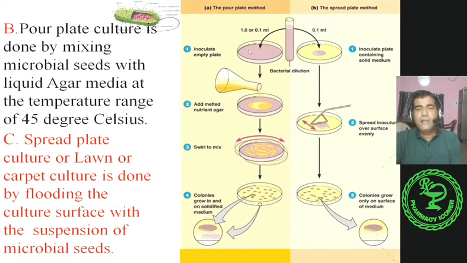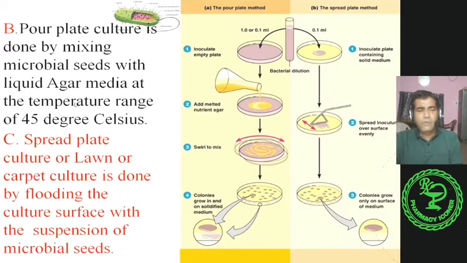Second procedure is there. Instead of pouring the bacterial seed inoculum into the petri dish, we pour it directly into the conical flask where the warm culture media is there. So after pouring into the conical flask, we mix it well inside the flask and then we pour it in the petri dish. Both techniques are the same. However, if we pour it in the conical flask, it will be easier because it is easy to shake. Otherwise, this may cause a problem, that is, some amount may fall.